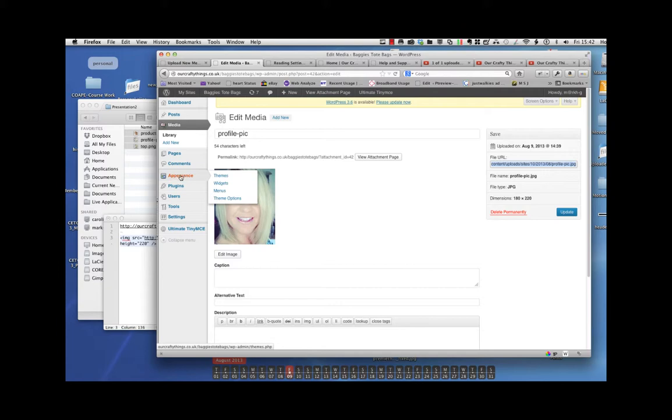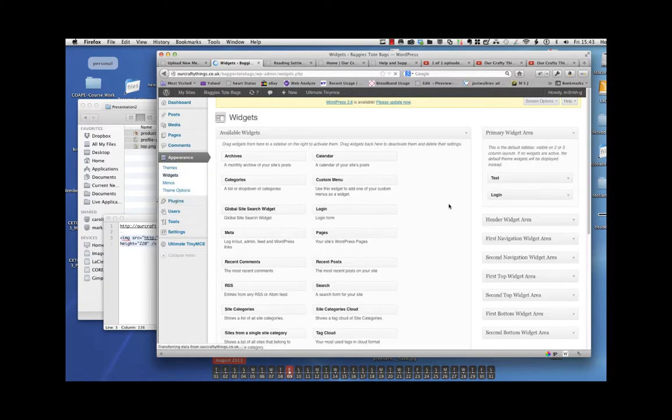I'm going to come to my appearance. Your appearance deals with themes, and bear with me because this is all new to you, or to some of you. I'm going to just come into my widgets, and these are all additional widgets that you can